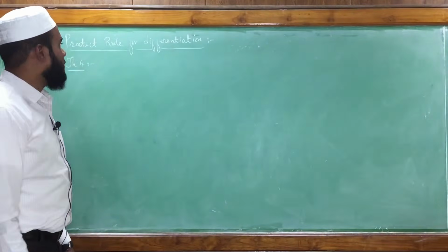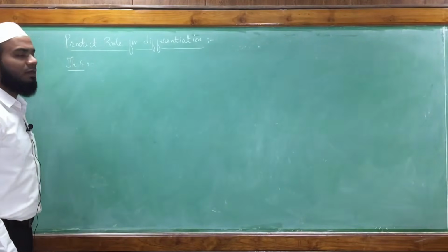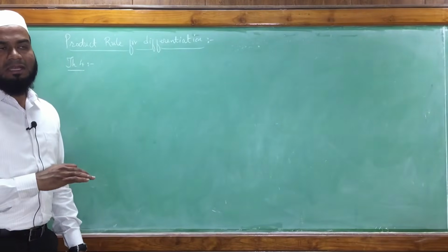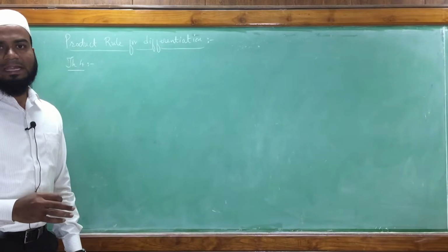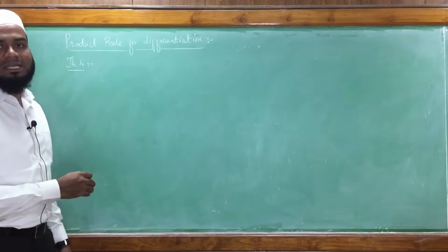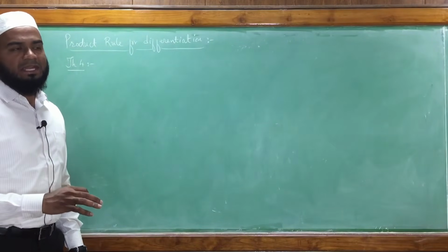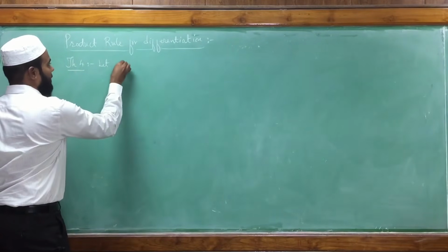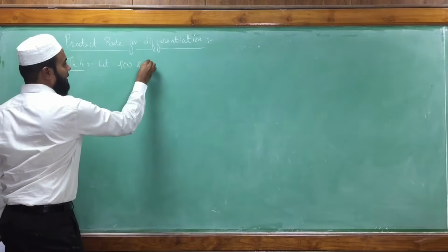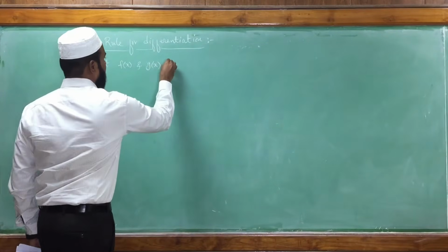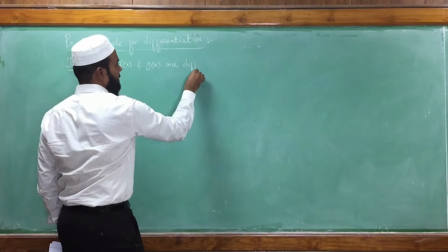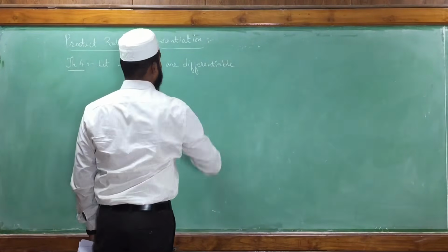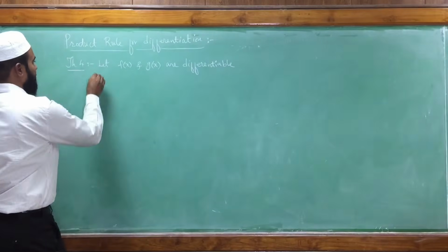Okay students, the next topic we are having is the product rule for differentiation. Previously we have seen if functions are given in the addition form, then how to find the derivative. Now we will see if functions are given in the product form, multiplicative form, then how to find the derivative of that. So consider, let f of x and g of x be differentiable functions. Then